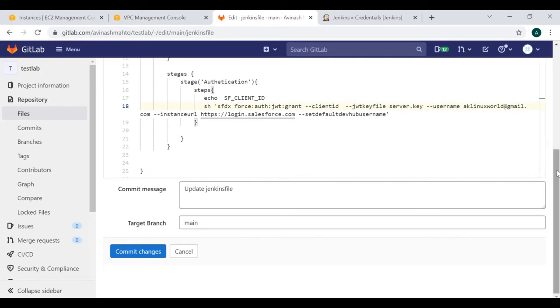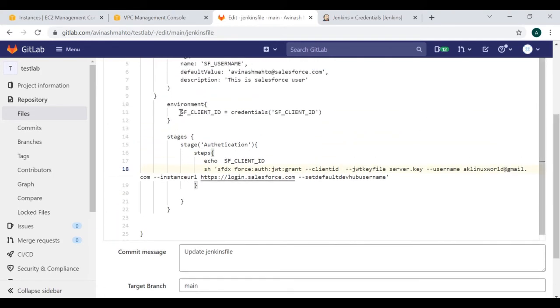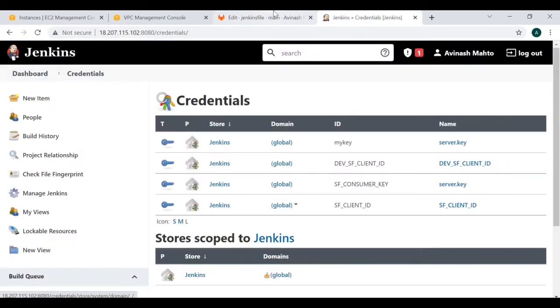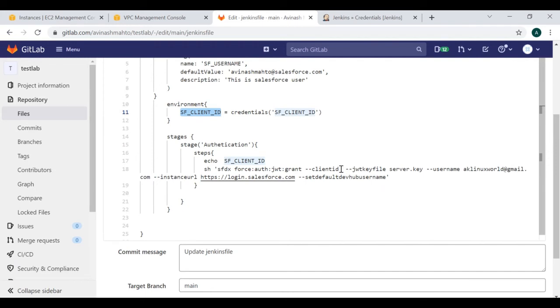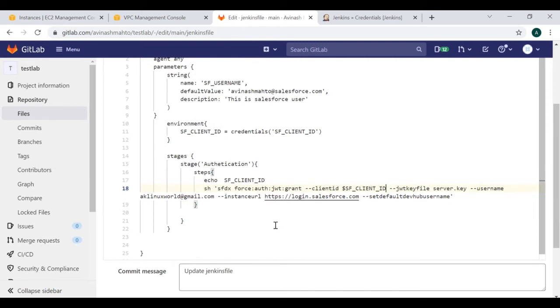So in order to run this command, we can define the client ID as I have defined here under the credential section, and you can call it in the command section like that. Okay, so the value will come here. In the same way, you cannot directly put the value here.